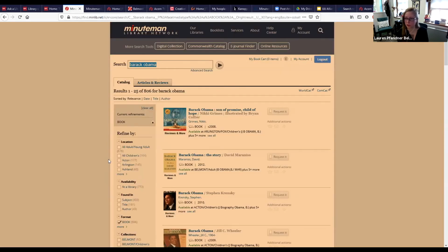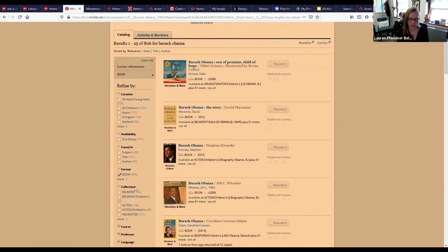and then once you check it off, it will automatically whittle it down just to physical items that are available in a library somewhere in the network. And then below that, you'll see if you wanted to look in a specific collection. Since I'm logged in as a Belmont patron, it knows that I would probably go with a